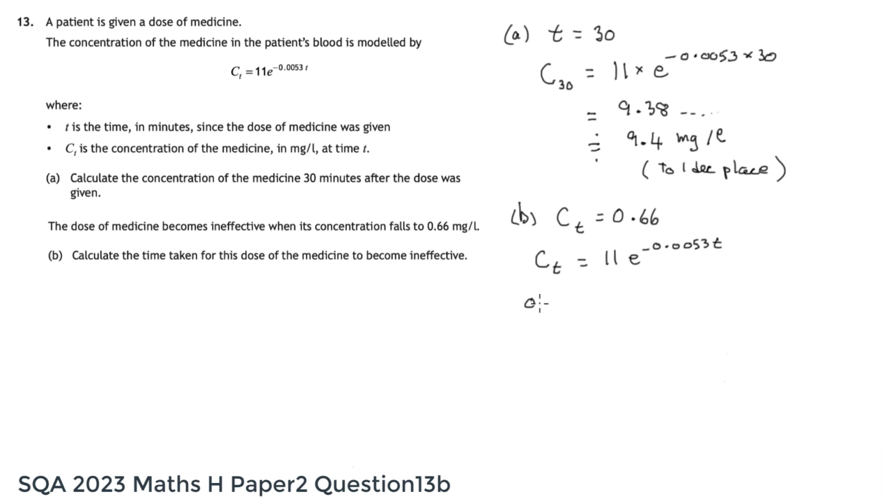So let's, as we said, substitute 0.66 for the concentration, 11 times e to the negative 0.0053t. Now, to try and get t on its own, let's see what we can do. We'll divide both sides by 11. Now, 11 into 0.66, if you try that in your calculator, you'll get 0.06, and 11 into this, 11 cancels, and that's what we're left with. Now, this looks like a